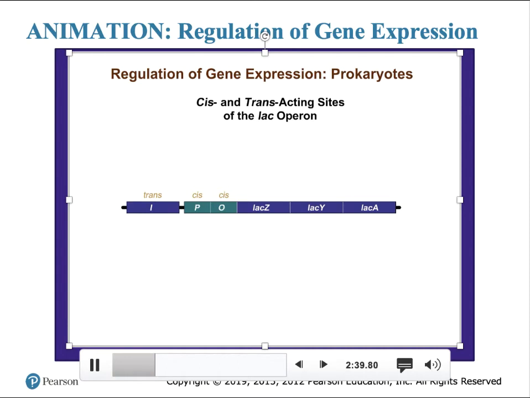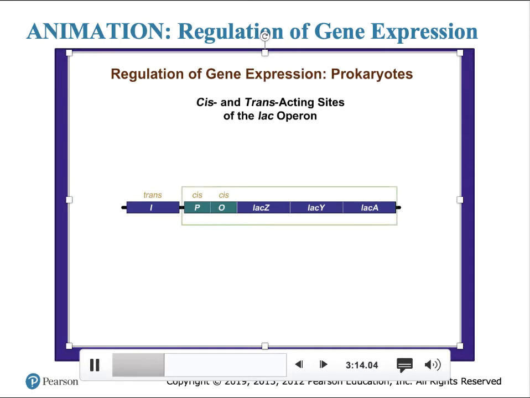Cis and trans acting sites. DNA sequences can affect other sequences either next to them, on the same chromosome, that is to say, at a cis acting site, or at relatively distant sites or sites on different chromosomes, that is to say, at a trans acting site. If a DNA sequence has an effect over another sequence at a distance, a diffusible protein typically mediates the effect. If a sequence must be near another one to have an effect, it is said to be acting in cis.